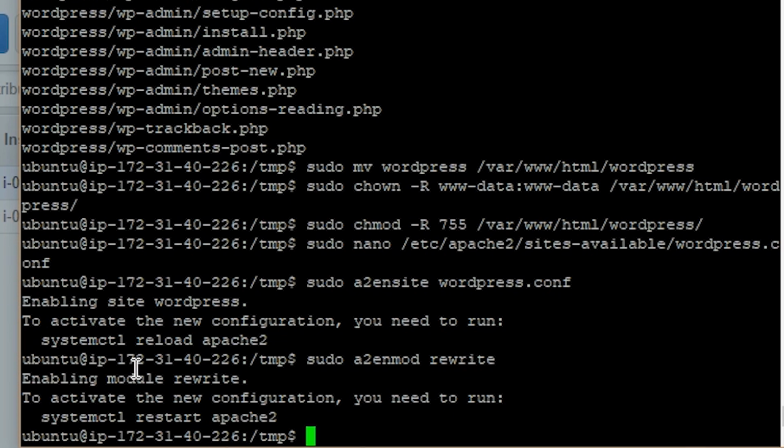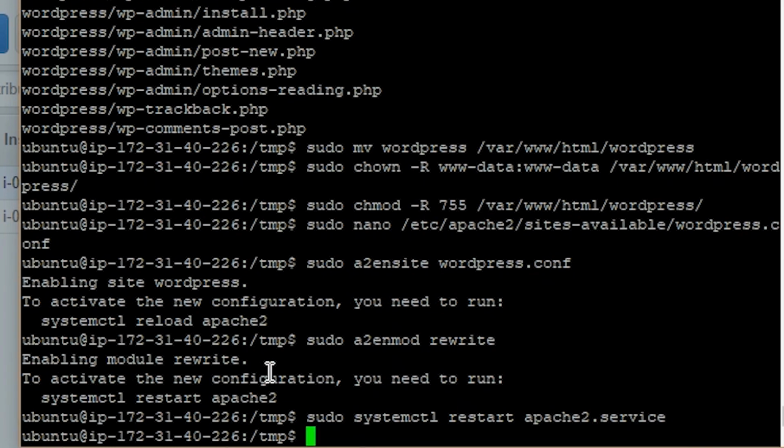Now I will restart Apache by using the command sudo systemctl restart apache2 service. Press enter. I will configure WordPress by modifying